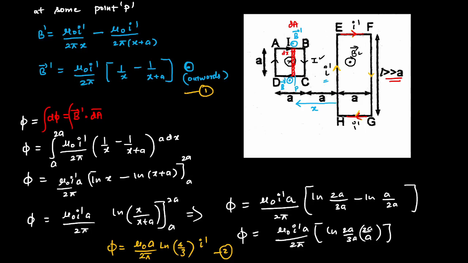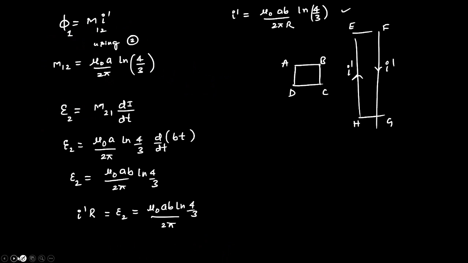So that's our plan. Now, the magnetic field at this point would be upwards. This B dash would be upwards